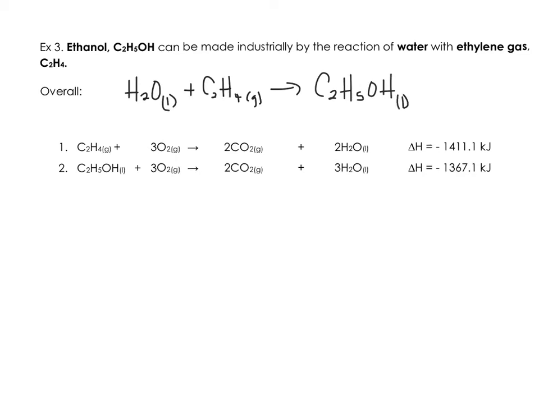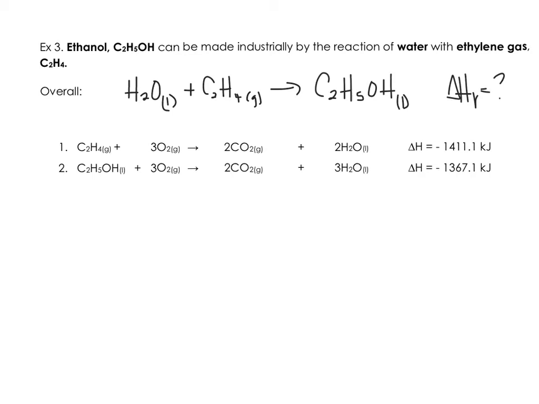Okay, so let's double check that this is a balanced chemical equation. We have 2 carbons, 2 carbons, 6 hydrogens, 6 hydrogens, and 1 oxygen. So there's our overall equation,